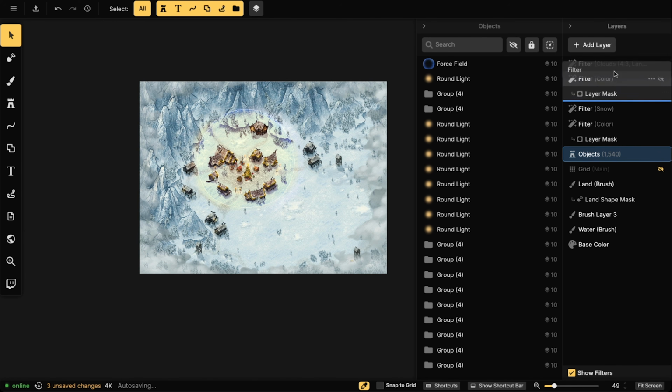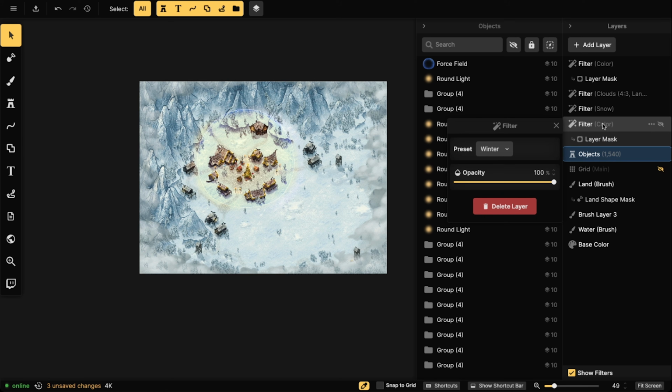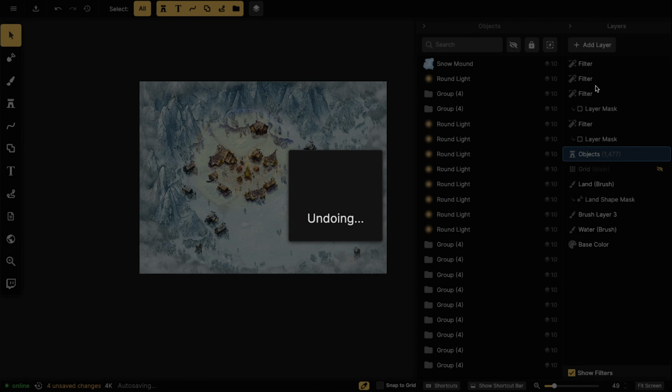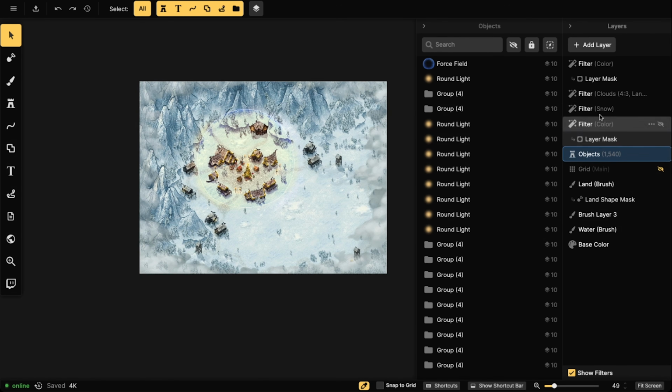Actually, why don't we put it below the winter filter, so it's kind of bluish color. Let me see, which one is the winter filter? It's that one. So why don't we put that right there? There we go. Oopsie, wrong, my mistake. I went to grab the other one. We'll undo that real quick. Clouds, let's move that right